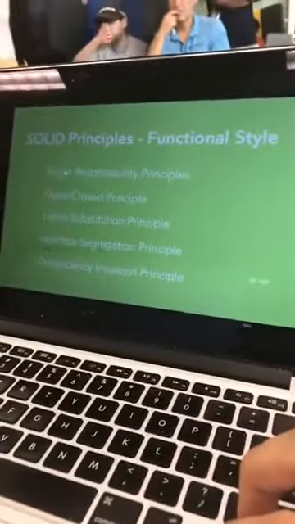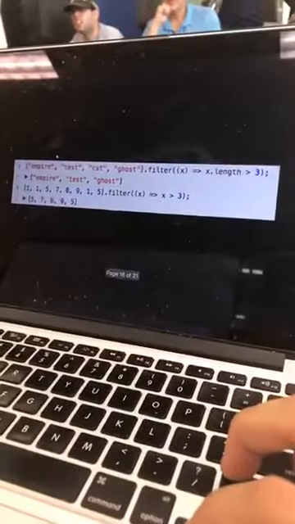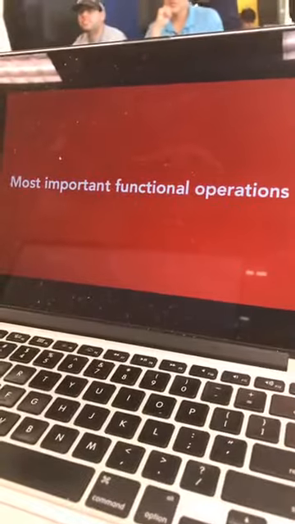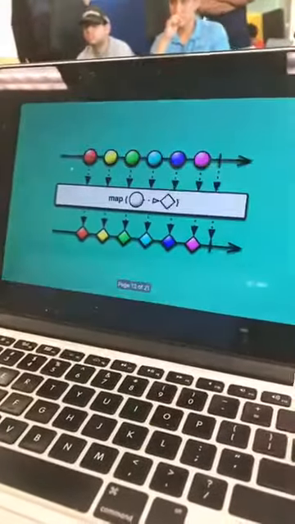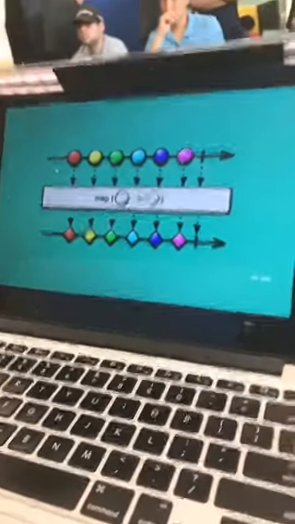So, okay, let's go back to this slide. Let's go back to the red slide. Yeah. So why are these operations important again? If we go to map, this is an important operation because you're not telling the computer